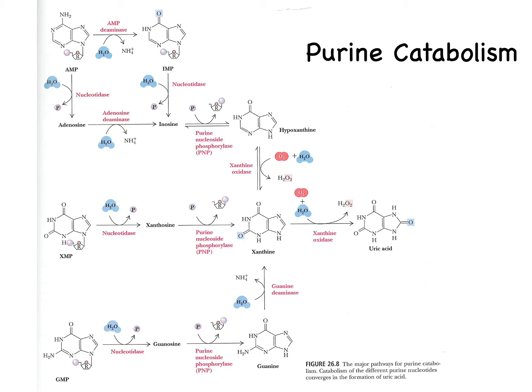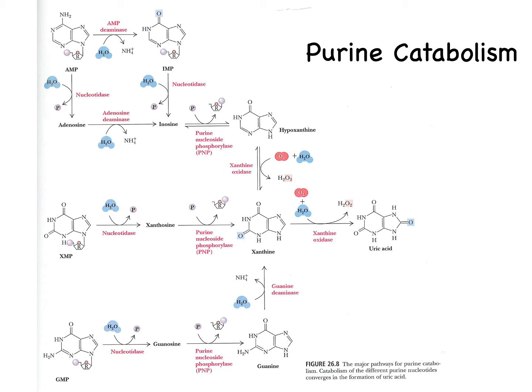So at the bottom, basically the first step is to remove the phosphate from the sugar, then remove the sugar, leaving the base, and then guanine is converted back to xanthine. As you remember, xanthine was the final precursor for guanine, and then that gets oxidized to uric acid. Now, if we have xanthine monophosphate, the same pathway, remove the phosphate, remove the sugar, and then we oxidize the